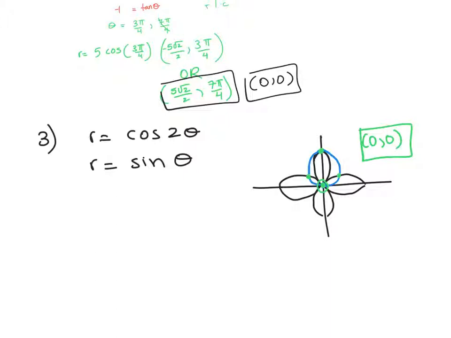Now, cosine 2 theta, what can that be written as? So let me first of all set them equal to each other and decide what I need to substitute for cosine 2 theta. So cosine 2 theta can be written as 2 cosine squared theta minus 1, which will not help me here because then I will have two different trig functions. Or I can write cosine 2 theta as cosine squared theta minus sine squared theta. Again, that will not help me. Or I can write it as 1 minus 2 sine squared theta equals sine theta. Now that will work. Now if I move everything to one side of the equation,